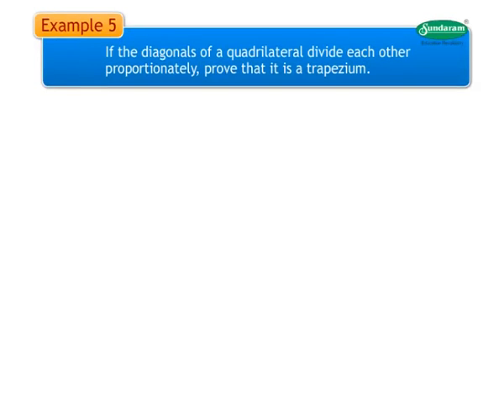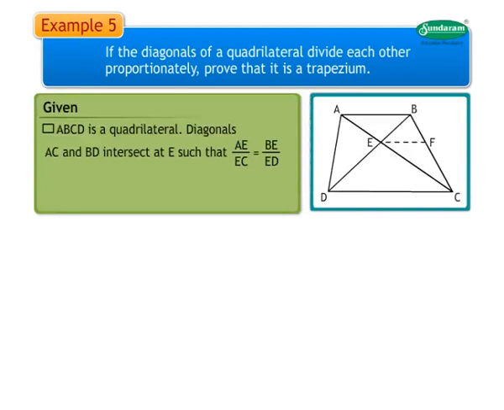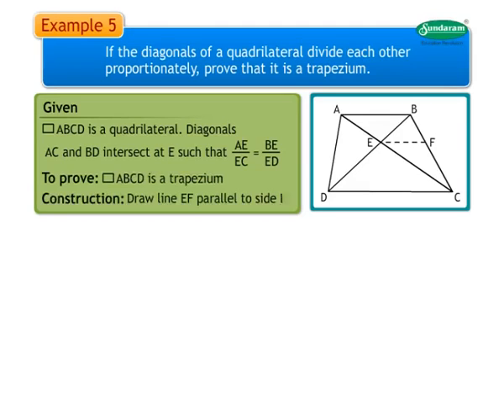Example 5. If the diagonals of a quadrilateral divide each other proportionately, prove that it is a trapezium. It is given that ABCD is a quadrilateral. Diagonals AC and BD intersect at E such that AE upon EC is equal to BE upon ED. We have to prove ABCD is a trapezium. Construction. Draw line EF parallel to side BC such that